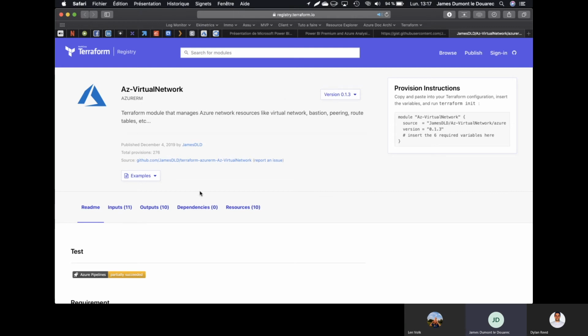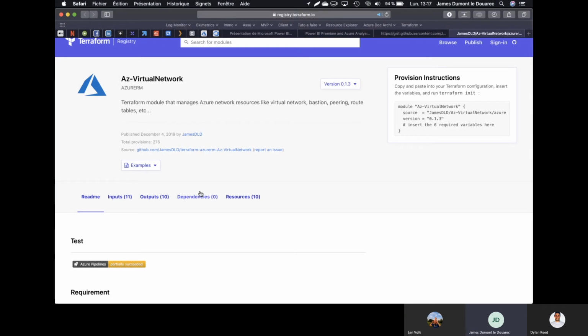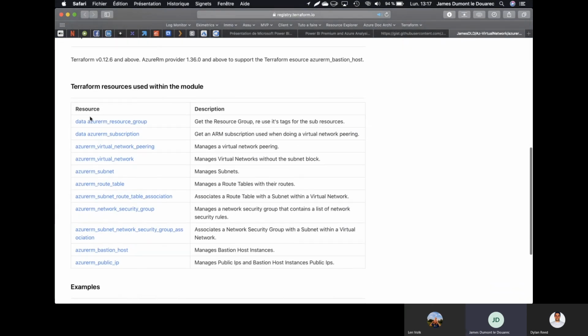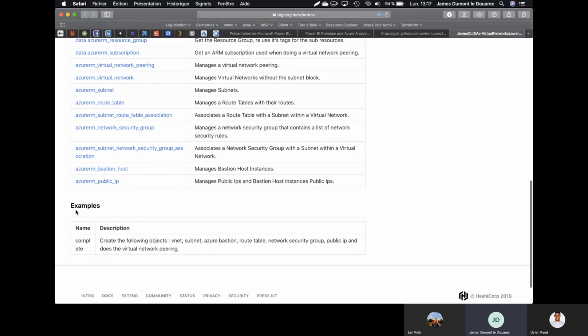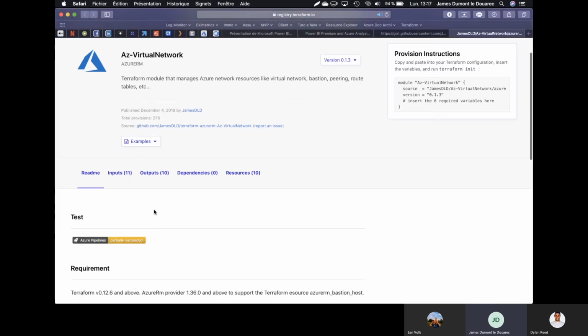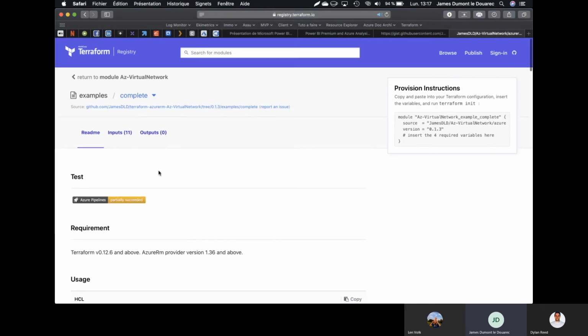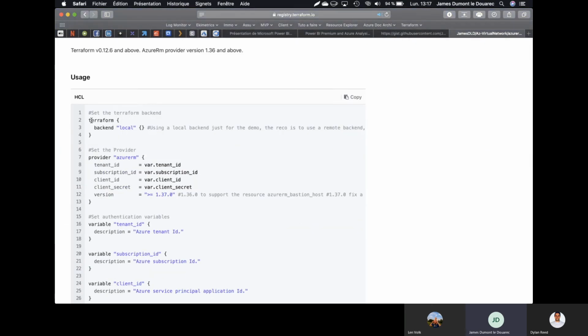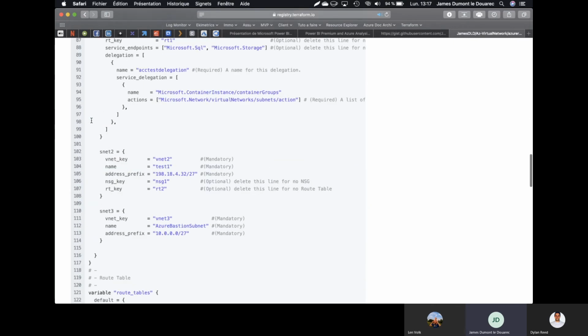This is the module I did, and as I presented in the PowerPoint, you can see that I'm listing again the resources that we are calling. And here I have written one example. Maybe we can decide to add a hover in the future or not. If you want to have a look at the example, you can also scroll down to the example panel here, and you will see the complete example. If you click on it, it will go through how to call this module with an example.